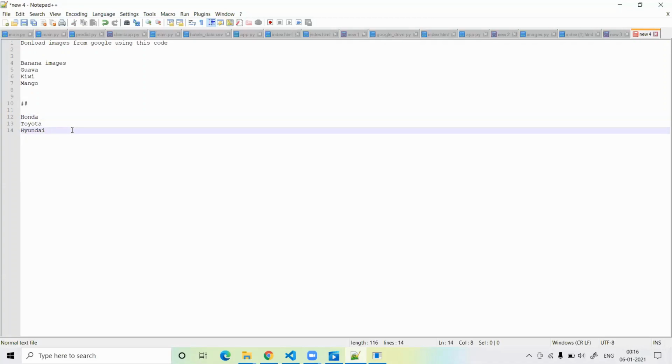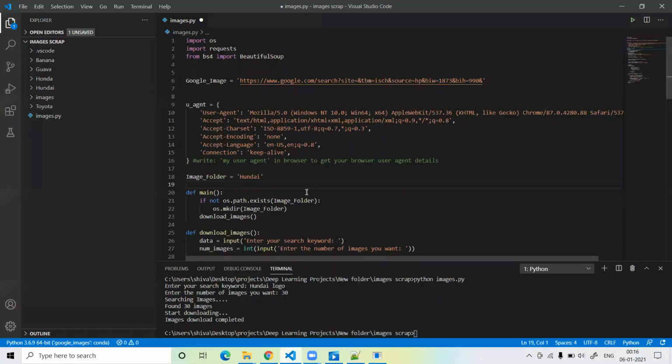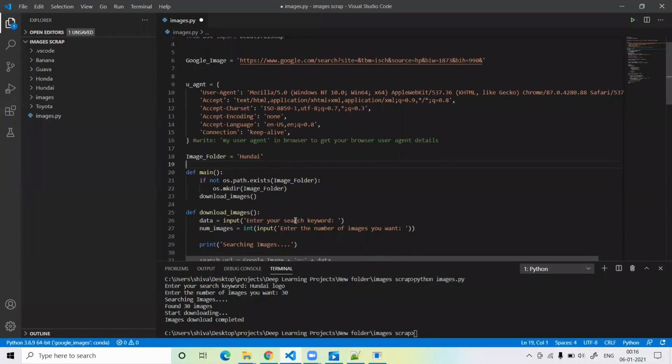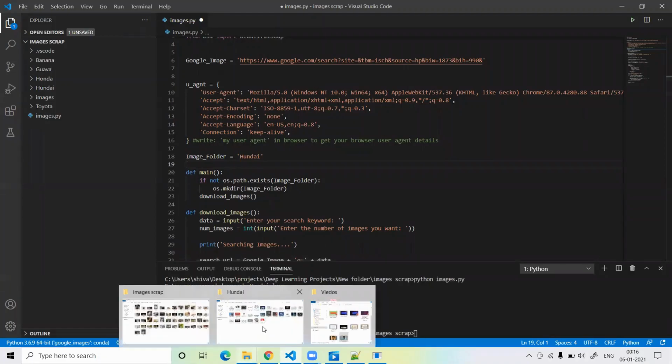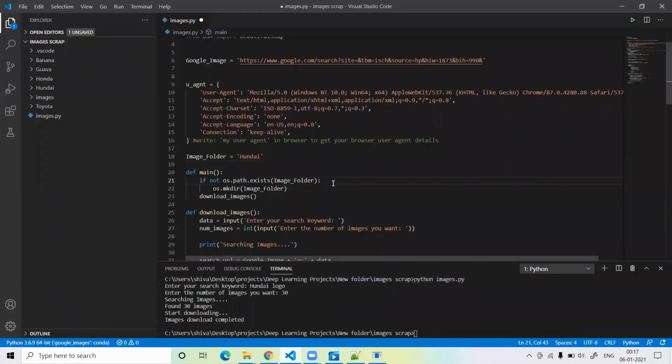Okay, and you can download multiple classes of images here because we are working on a multi-class classification project. So you can use this code and try to download the images. Try to download more images, guys, because here I just show you as an example 20, 30, and 40 images. For the deep learning project you can download more images. When we work on the model building part, I will show you, but your task is to download these images, guys.